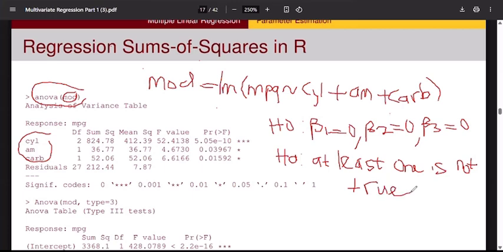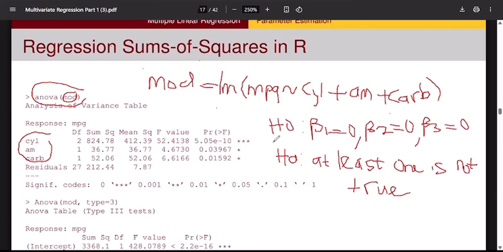Let me say this. ANOVA is a splitting or breaking down of the total sources of variation around the response variable into various components. I'm going to say that again. Analysis of variance is the splitting, breaking down, or partitioning of the sources of variation around the response into explained and unexplained variation. And that is the reason why, if I want to test this hypothesis in R,